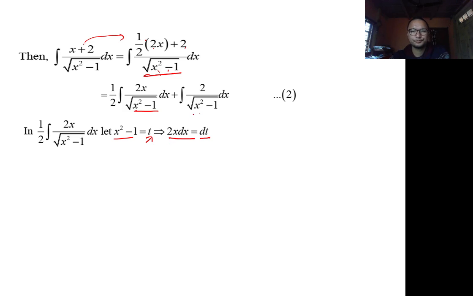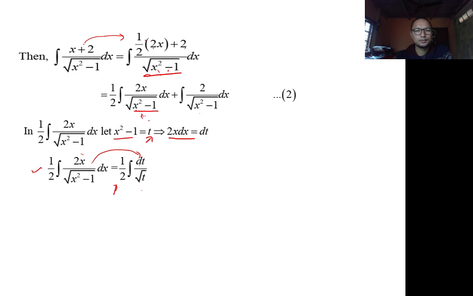Now continue. Okay, so 1 by 2 integral 2x by under root x square minus 1, 1 by 2, right? Now put t for this whole thing, right? If you work it out, it will be dt by under root t. 2x dx is dt, so this is dt, right? Put t, so it will be under root of t, right? So under root of t, okay,